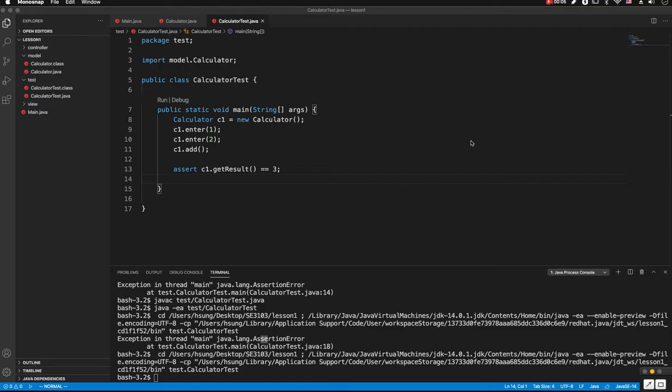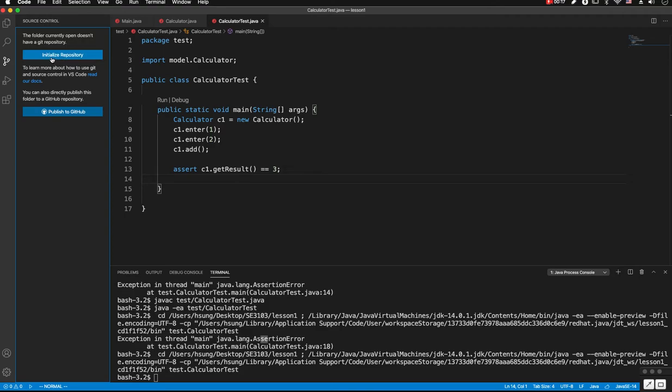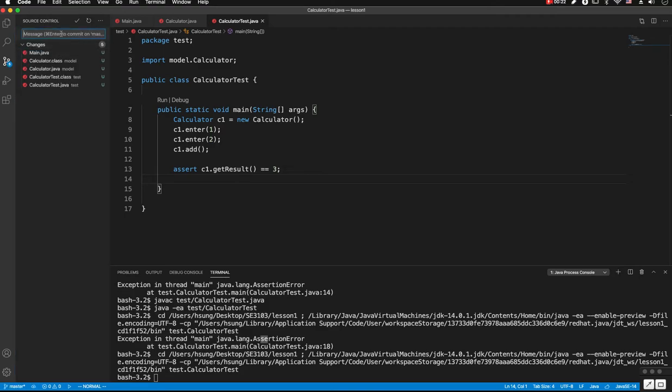Now it is a good time to enable Git and add a remote repository so that we can manage the code development. That is under the third icon here. First, initialize the repository by clicking on that. Then we can give an initial commit, but prior to that,